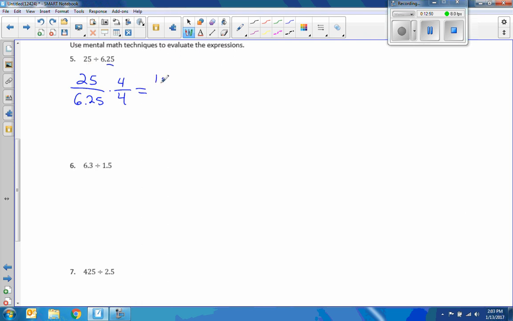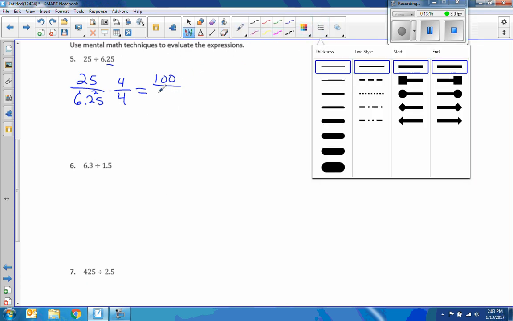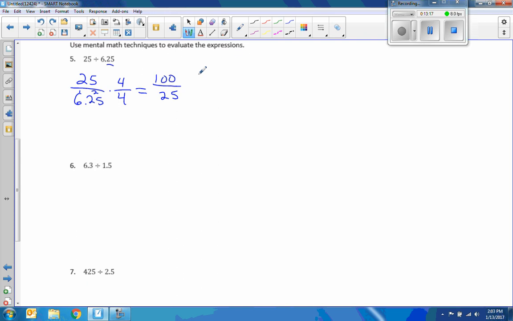25 times 4 is 100, and 5 times 4 is 20, carry the 2. 4 times 2 is 8, plus 2 is 10, so there goes that money, that dollar, now it's a whole number, and carry the 1. And 6 times 4 is 24, plus 1 is 25, so that's 25.0. Right, so let's just get rid of those zeros to avoid the confusion, and just say divided by 25. Well, 100 divided by 25 is